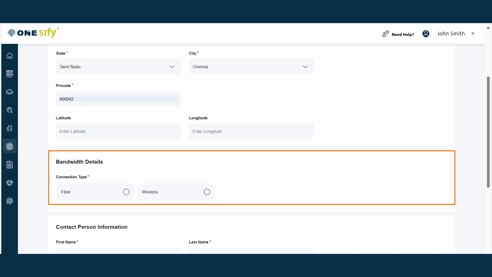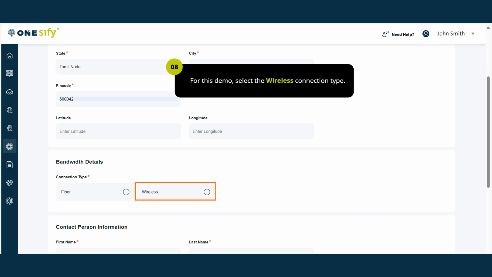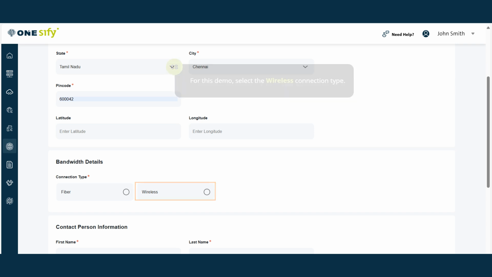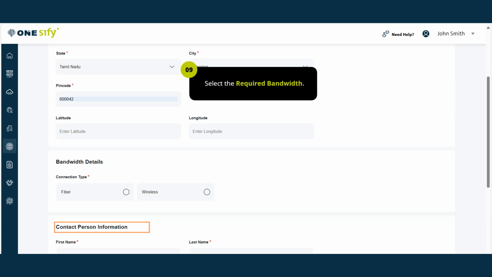In the bandwidth details section, there are two types of connection, fiber and wireless. The wireless option offers speeds up to 50 megabits per second. For this demo, select the wireless connection type. Then select the required bandwidth from the drop-down.